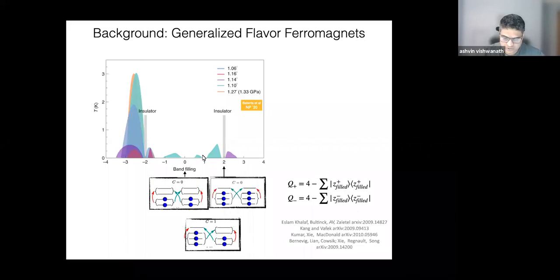You also notice that when you're at ν equal to 1, you're kind of forced into a situation where you have nonzero Chern number. Okay, at least in the simple picture, the generalized flavor ferromagnets would end up having some non-trivial Chern number. And this is broadly consistent with the kind of observations people have reported in small magnetic fields, weak magnetic fields. The kind of Chern numbers you get are consistent with this sort of Chern band picture, which gives us some faith that this is at least one of the preferred ways in which the system chooses to organize itself.